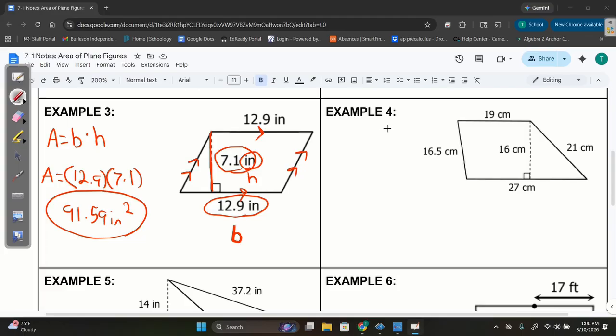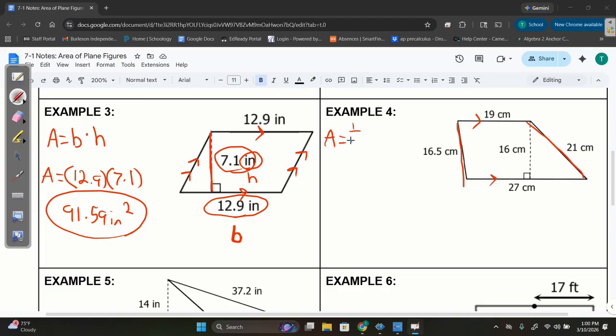Example 4. This is a trapezoid. It's a trapezoid because the top and bottom are parallel to each other, but these other sides are not parallel to each other. So we have one set of parallel lines, one set of non-parallel lines. So we get to use a different formula. The formula for the area of a trapezoid